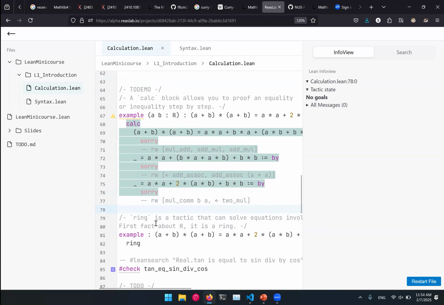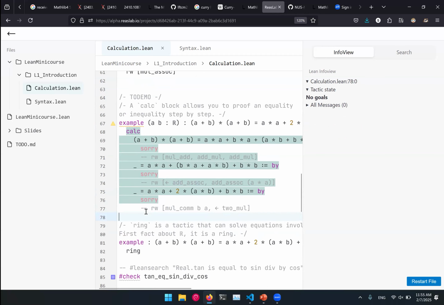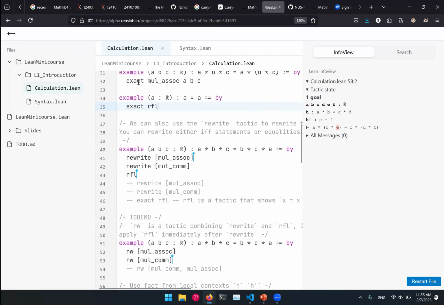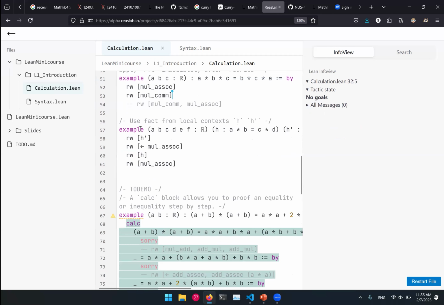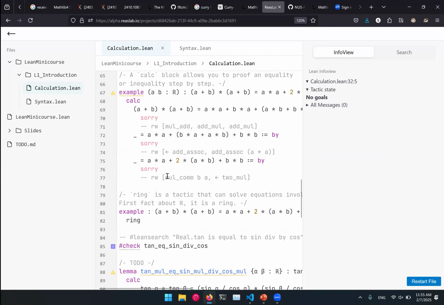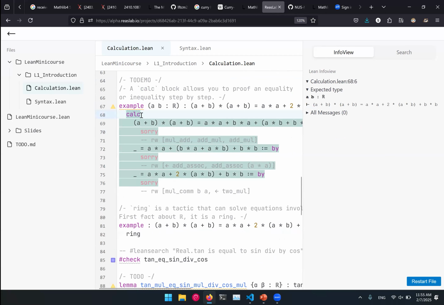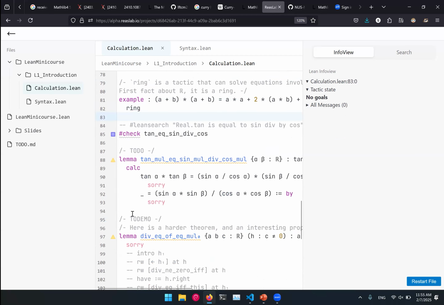So I think this is all for the first course, because I think the time is exceeding. In this course, we have introduced the rewrite tactic, rfl tactic and exact tactic. These are the 3 tactics we have learned in this course. And for the syntax part, we have learned how to define variables and how to formalize statements. For the next part, the more advanced tactics, for example, calc, ring, and so on, I will leave to course